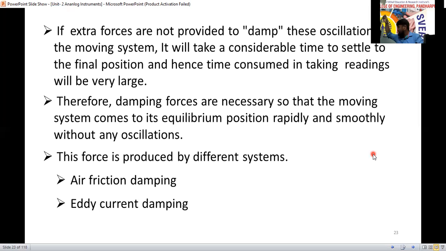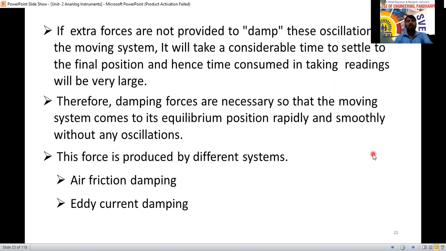Within half an hour, I will tell that one, take the 5 readings. But for her, every reading is going to take 5 to 10 minutes for the pointer to settle. Pointer settle होने के लिए 5-10 minutes ले रहे तो it will take so much time. So a large time is required to take the reading here.